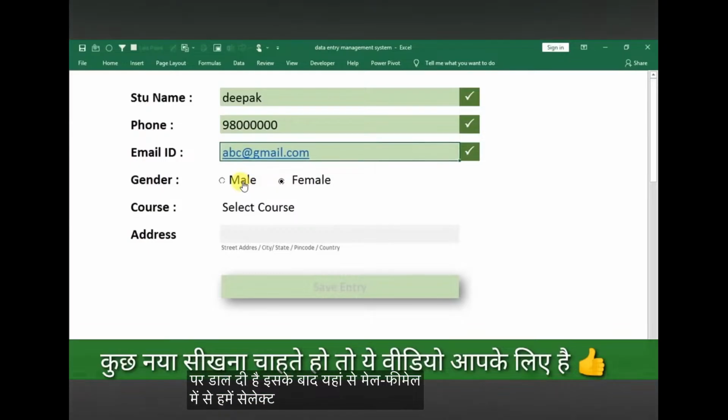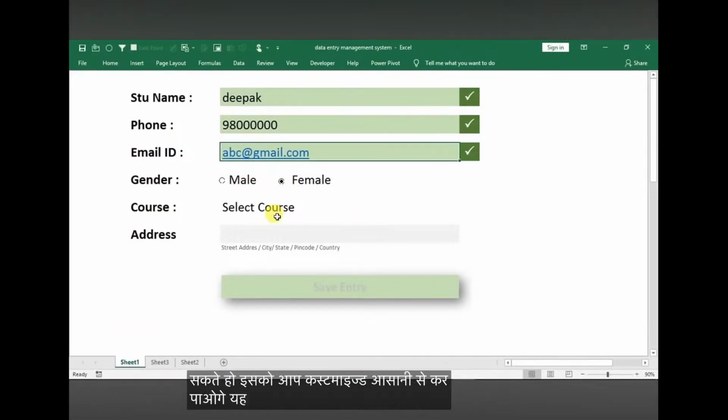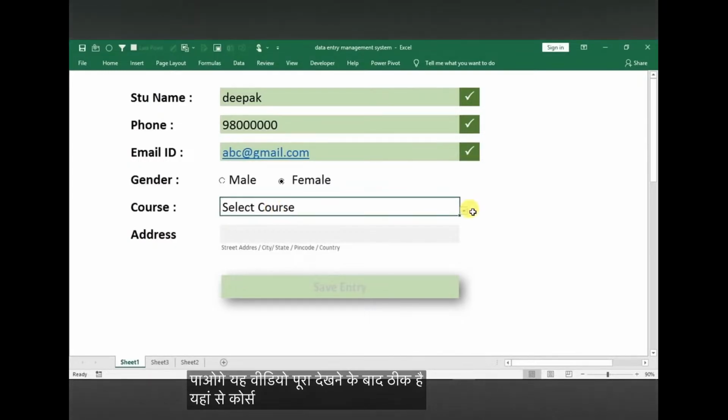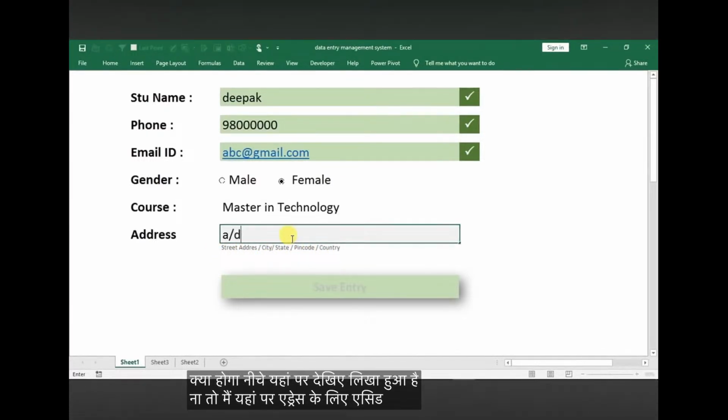इसके बाद यहां से मेल फीमेल में से हमें जेंडर सेलेक्ट कर लेना है। आप मेल फीमेल की जगह कोई भी ऑप्शन रख सकते हो, इसको आप आसानी से कस्टमाइज कर पाओगे ये वीडियो पूरा देखने के बाद। यहां से कोर्स सिलेक्ट करना है, तो यहां पे कोर्स की एक लिस्ट है, ये कोर्स मैंने सिलेक्ट कर लिया है। और इसके बाद यहां पे हमें एड्रेस टाइप करना है। एड्रेस का फॉर्मेट क्या होगा, नीचे यहां पे लिखा हुआ है ना, तो मैं यहां पे एड्रेस के लिए ऐसे ही टाइप कर देता हूं।